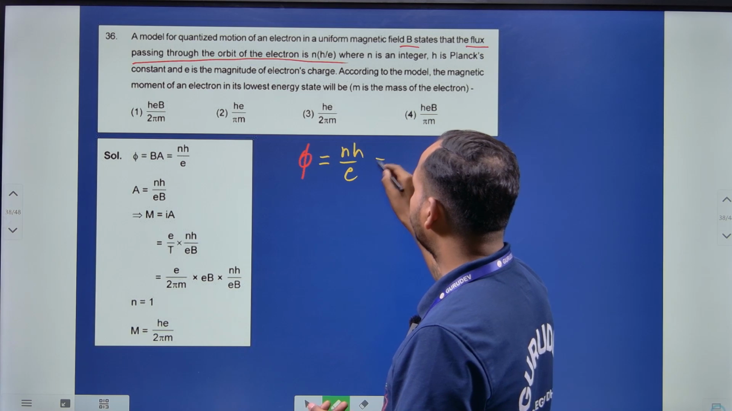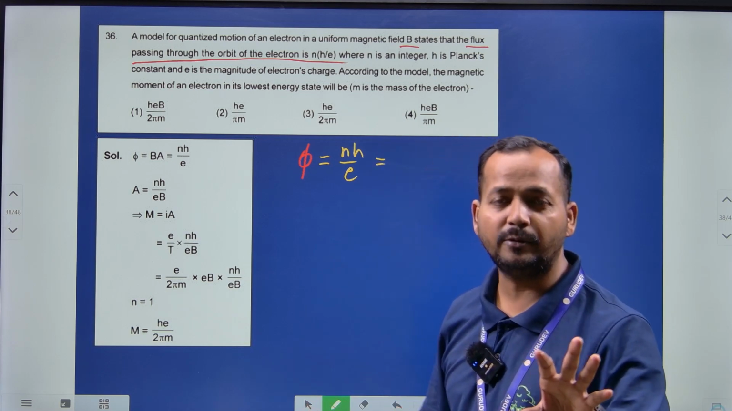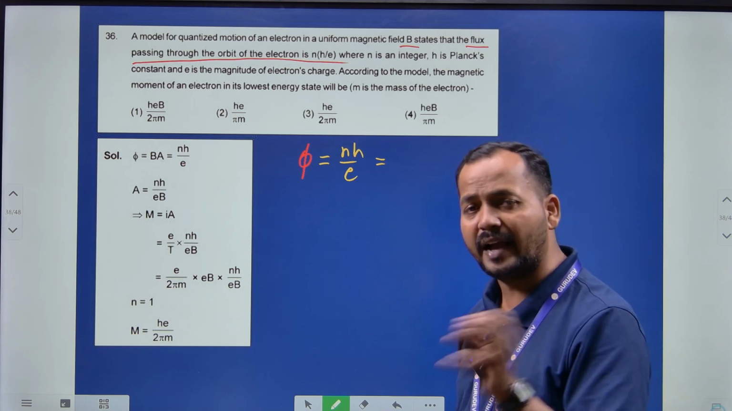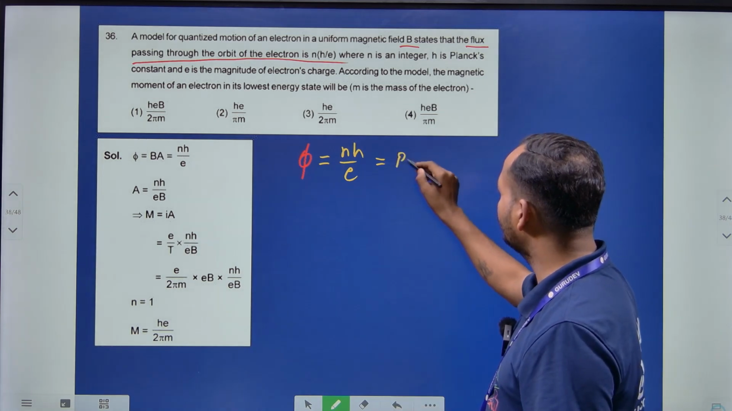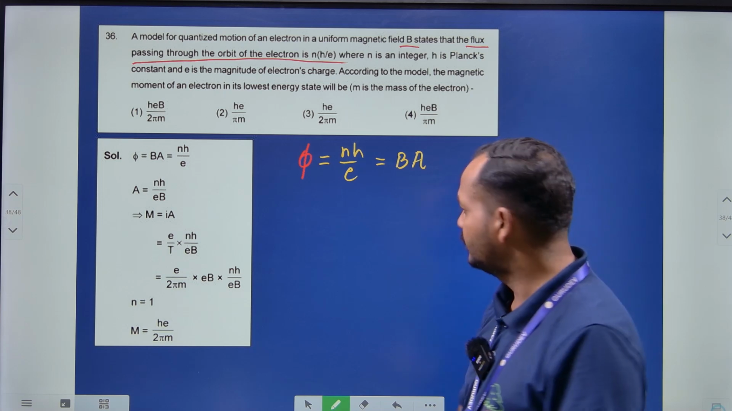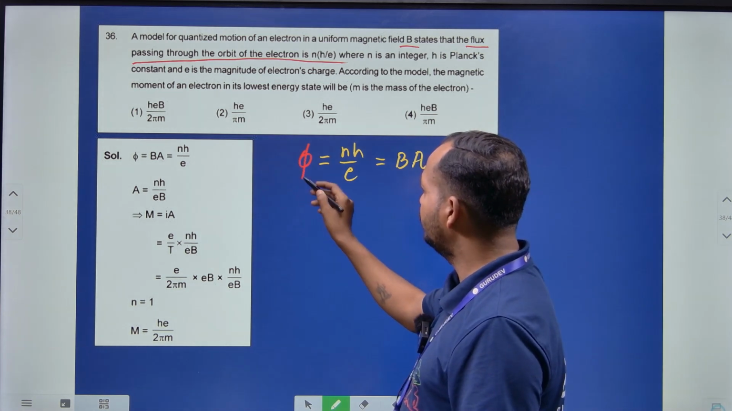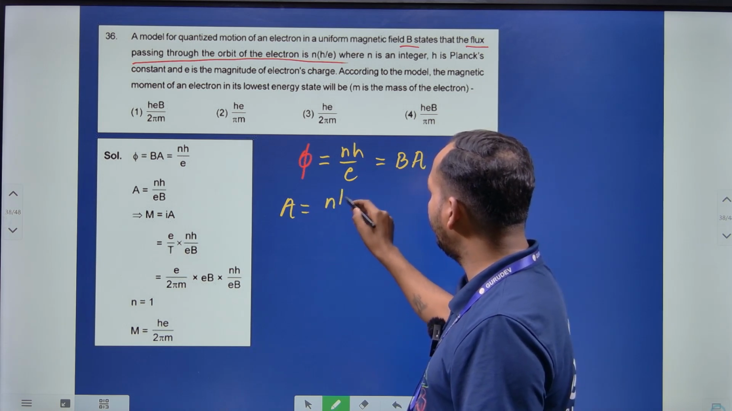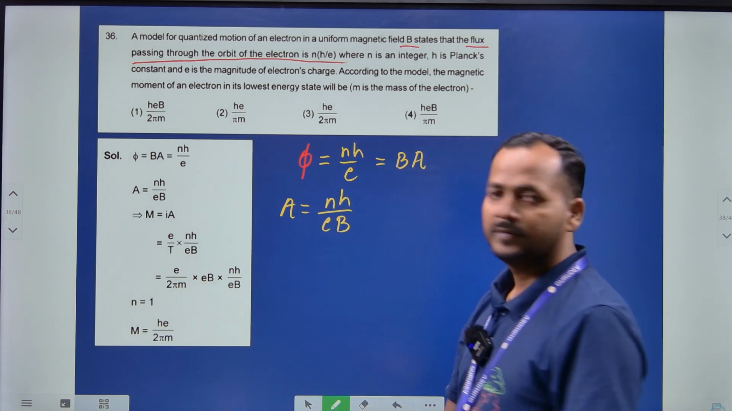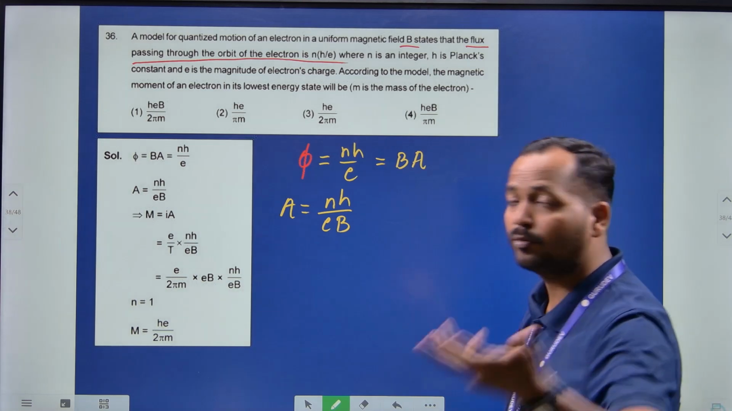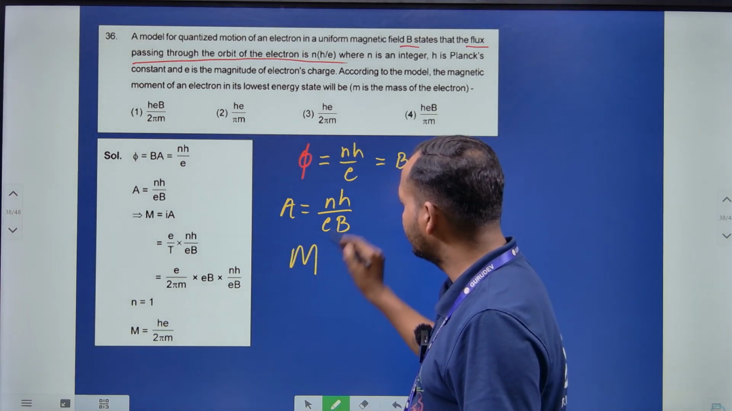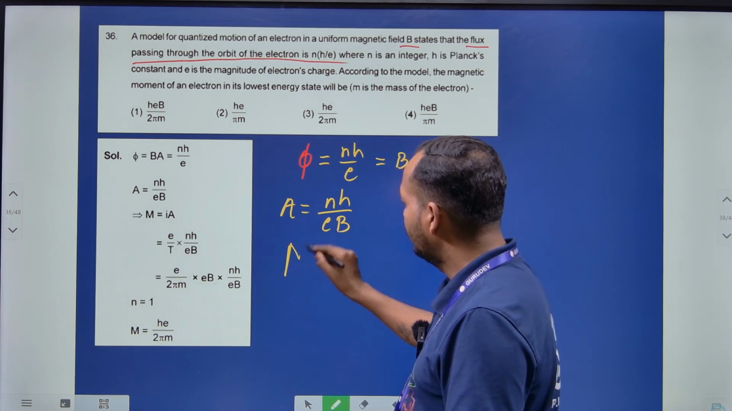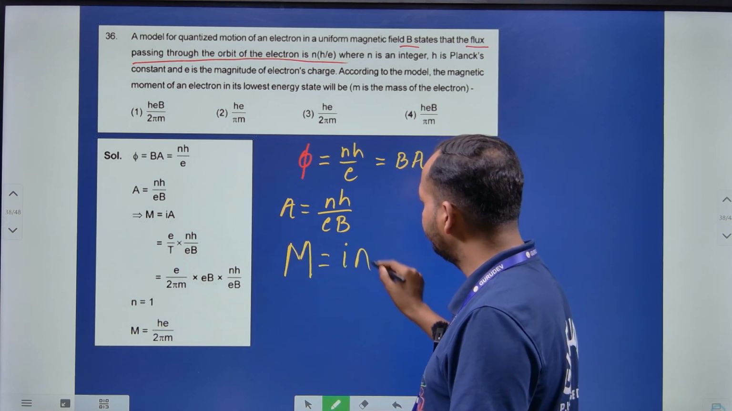NH/E। हमें पता है फ्लक्स का फॉर्मूला क्या है बच्चों। फ्लक्स का फॉर्मूला होता है B इंटू A, यानी कि जैसे इलेक्ट्रिक फ्लक्स E इंटू A, मैग्नेटिक फ्लक्स B इंटू A। देन हमें पता है B इंटू A, यहां से हम A लिख सकते हैं, A इज इक्वल टू NH/EB। और मैग्नेटिक डाइपोल मोमेंट क्या होता है, मैग्नेटिक मोमेंट इज कैपिटल M, स्मॉल m नहीं है, कैपिटल M है, विच इज इक्वल टू I इंटू A,